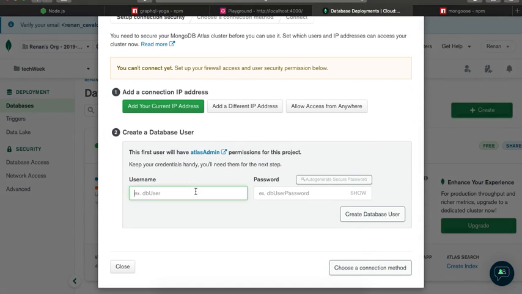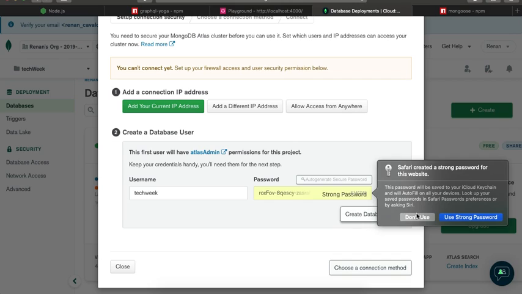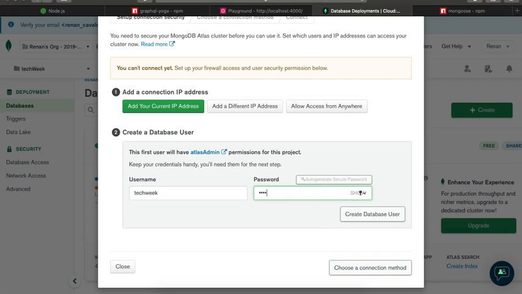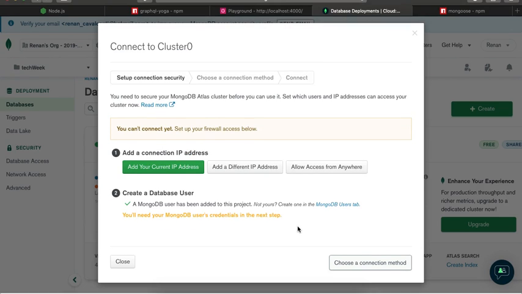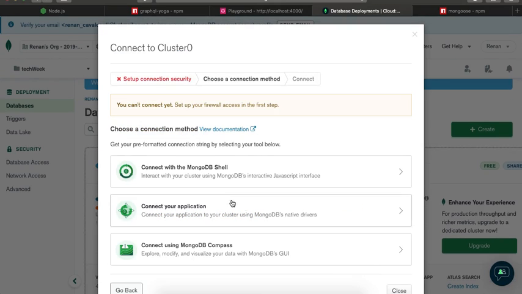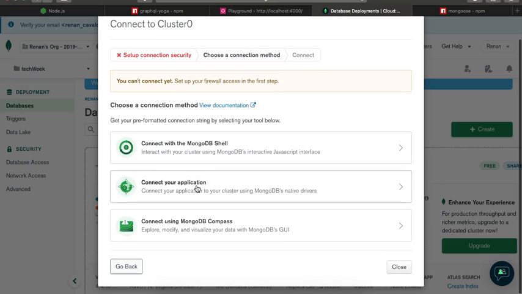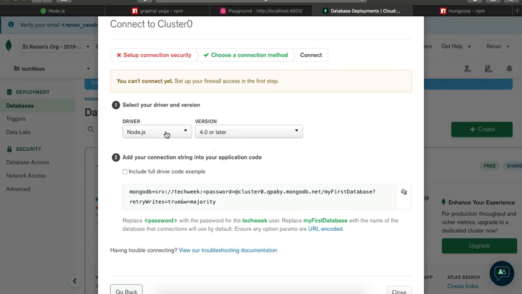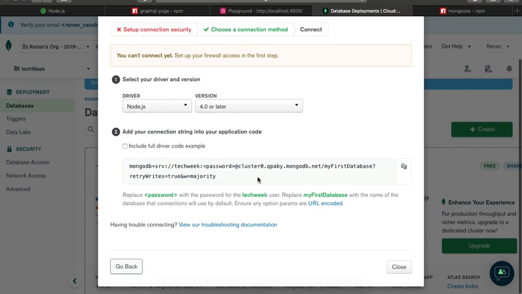Now we need to create a username and a password for the database connection. So let's say TechWeek, and password, I don't want to use it, I'll put TechWeek 2021, and create database user. And now we can choose the method of connection. So we can connect with our application by the URL,